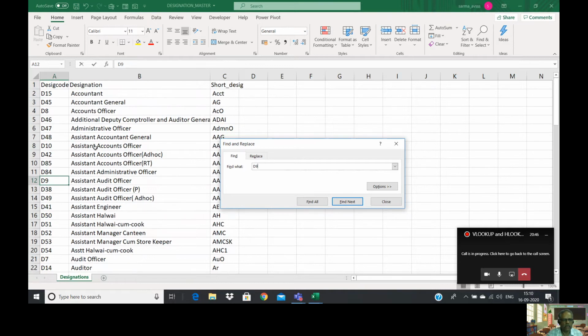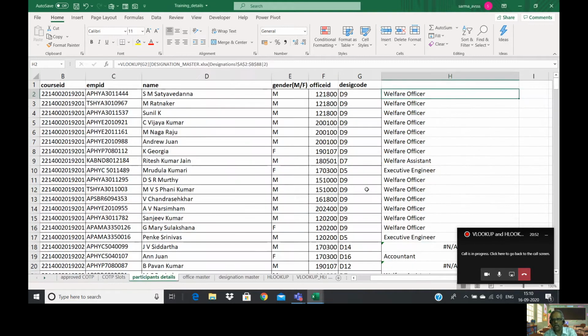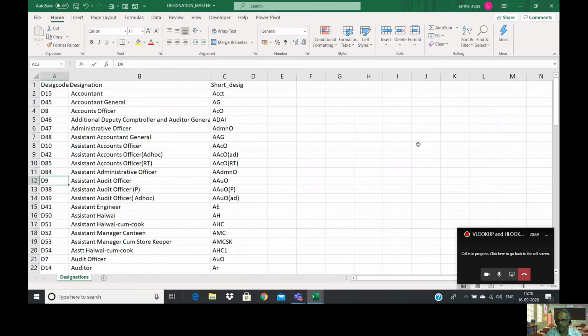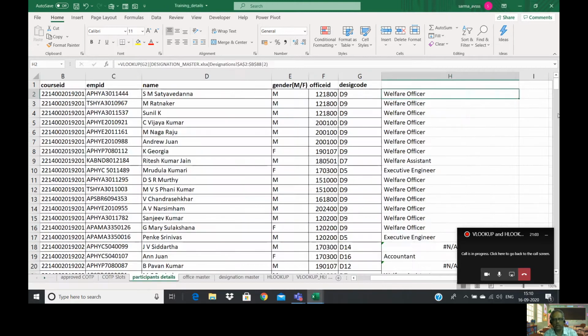Okay, D9. Oh, it is assistant audit officer, but here the value it populated as welfare officer, right? Why? There is some problem, isn't it? So that means our VLOOKUP didn't execute properly. Okay, so now time to just recheck our VLOOKUP code, right?